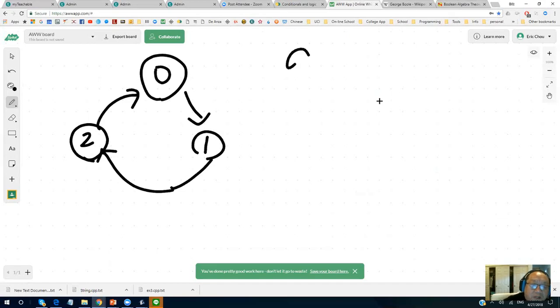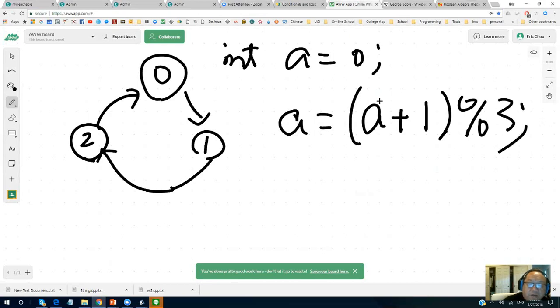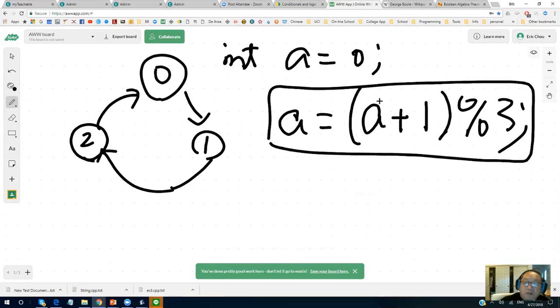Initially I set my a equals 0, but this time I need to use an integer, right? And then a equals a plus 1 take modular by 3. This one will do three-way toggler for me. So the first time I have a equals 0.